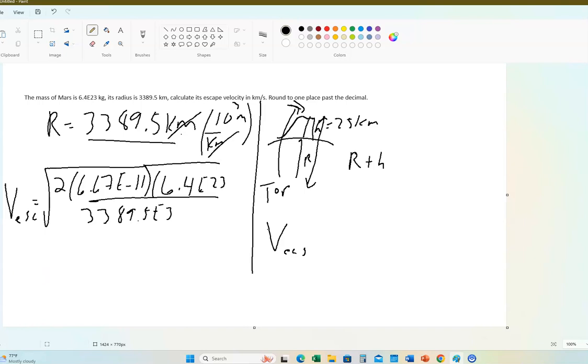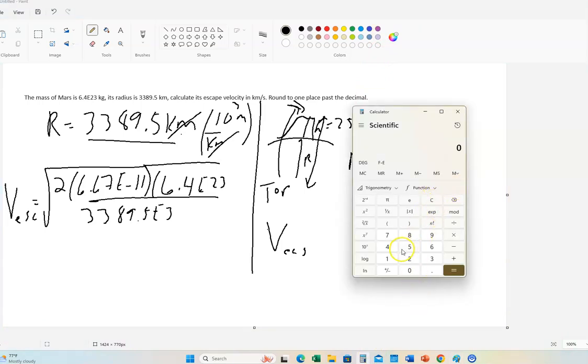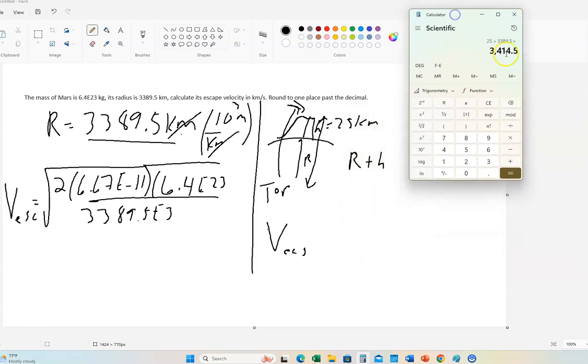I gotta do a quick calculation here. Where's my calculator? All right, there it is. So what I would do is I'd just say, 25 plus the average radius of Mars, which is 3389.5. Right, so I'd add those two together, and then of course change it to times 10 to the third. So the escape velocity from the top of Mount Olympus, or